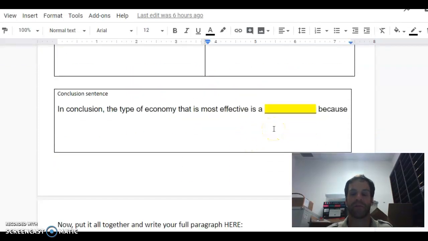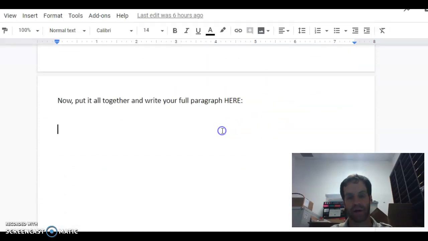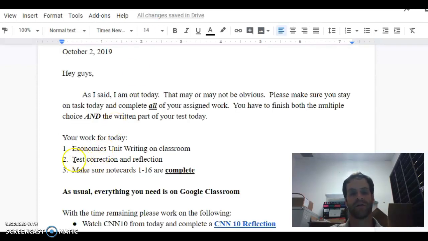So now you have all the pieces there. You're going to come down here, give me your introduction, give me your explanations, and then the conclusion. And that's your paragraph. And then it's already on Classroom. You don't have to do anything. I will look at it and grade it for you. So that's your writing. Again, that should take you about 45 minutes. When you're finished with that,